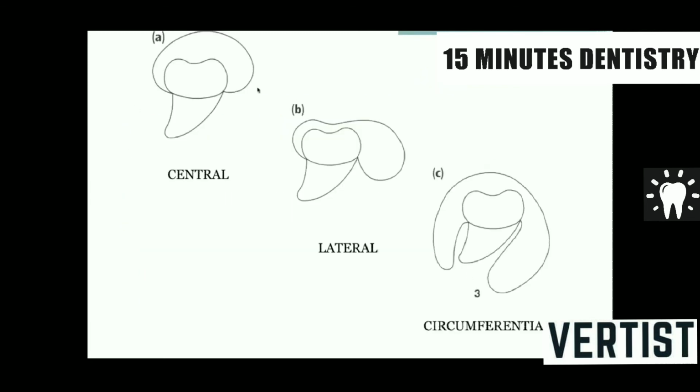This is the central dentigerous cyst, which is found around the crown of an impacted tooth. The borders of the cyst are always at the CE junction. In the lateral type, the cyst is also found around the crown, but the radiolucency lies more on one side of the tooth. That's why it is called lateral. But the border of the cyst is always at the neck of the tooth. Circumferential dentigerous cyst is a cyst where the radiolucency surrounds almost the entire tooth, but the borders are always at the neck of the tooth. So there are 3 radiologic variants: central, lateral and circumferential.